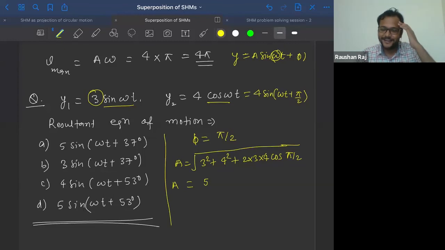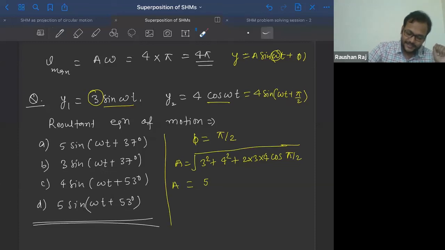After consuming bhang, the mind gets shaken up. So think here, if I'm asking you to find the resultant equation, you should not go for B and C for sure. If you're going B and C, you are doing blunders. You are making a very big mistake. You should never do that. Okay. So what is the answer here? First, I can say this B and C can never be the answer. Those who are saying B and C, that is a very big blunder. Okay. Please don't do that.